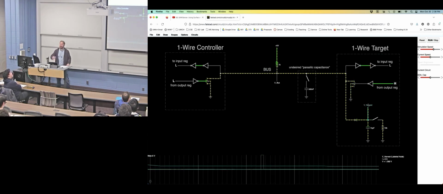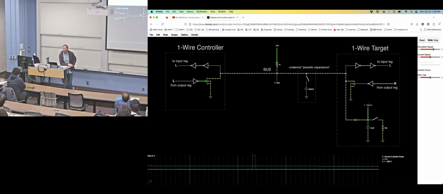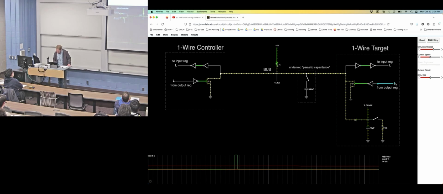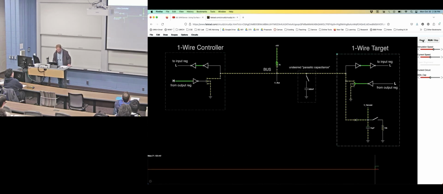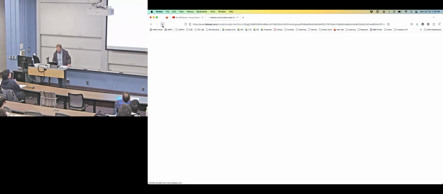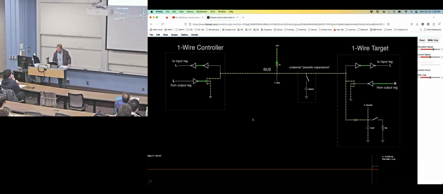Well, let's imagine it worked. Is the controller pulling it down on the left, or the target? All right, I got to let this. Here, you know what we're going to do? Somehow I got confused. When your hardware doesn't work, you just reset the web page, and everything works now. Let's hope.